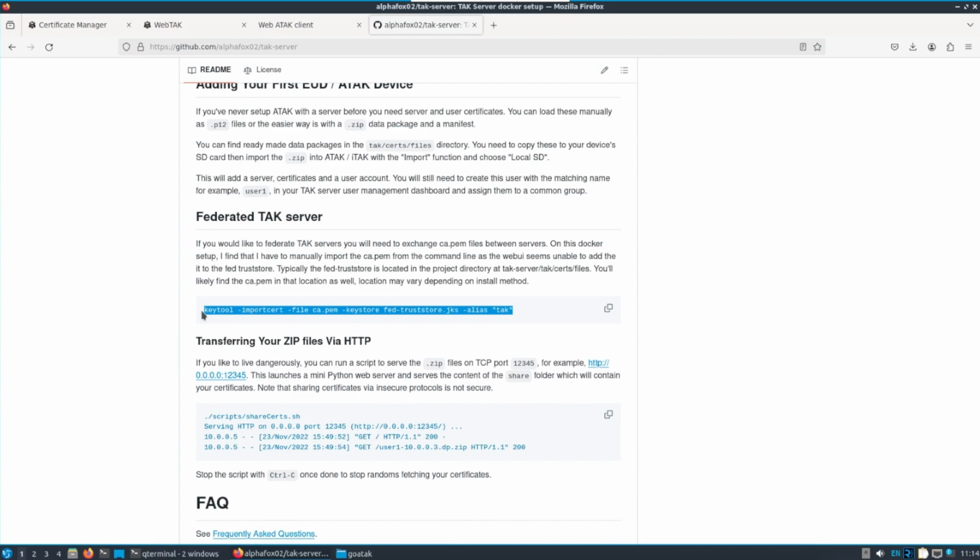I'm sure you could specify where the ca.pem is, but I just want to point that out. I was saying, hey, keytool, use the ca.pem, import to the FedTrustStore.jks, and gave it an